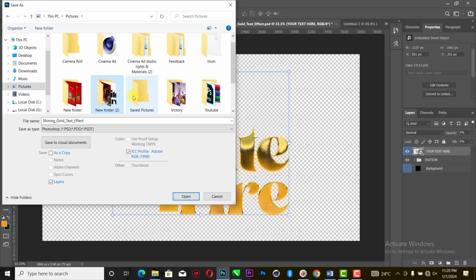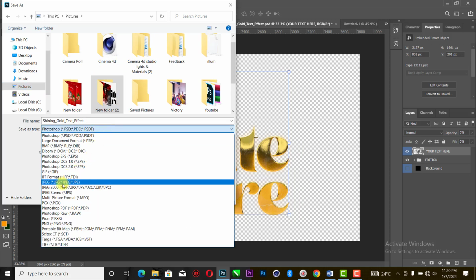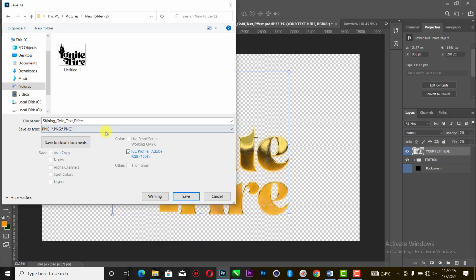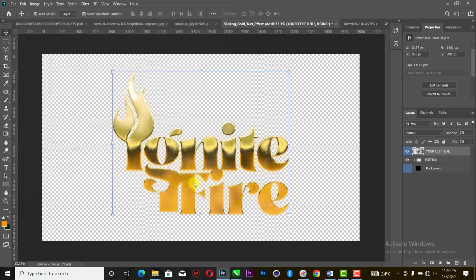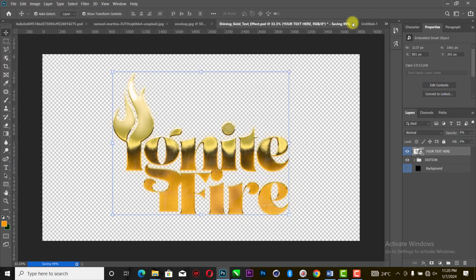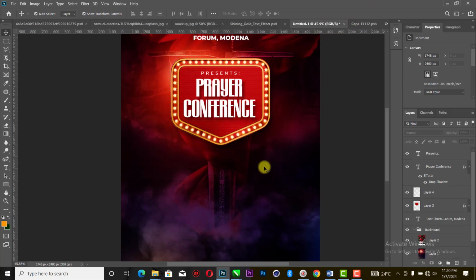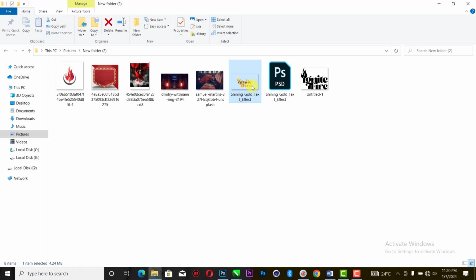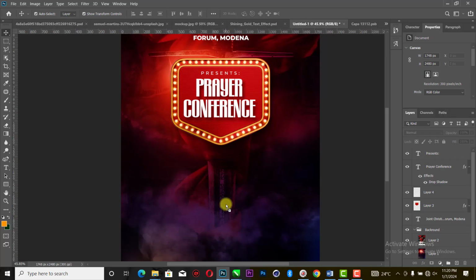You can just drag this thing inside your design and continue, but because of some people that don't have enough system, like if you know your system is kind of slow, it's better you just convert it to PNG, then you close the file, immediately close it, and you come to this place, this is where it is. Just drag it back to your